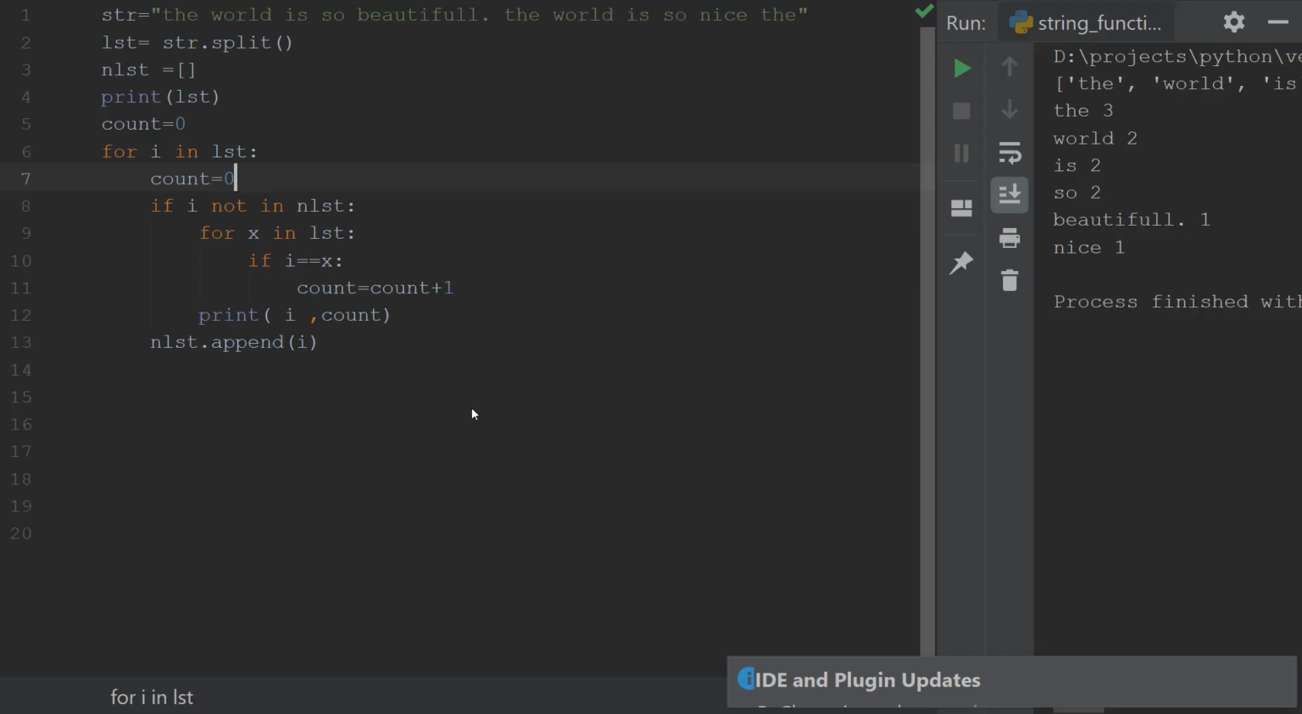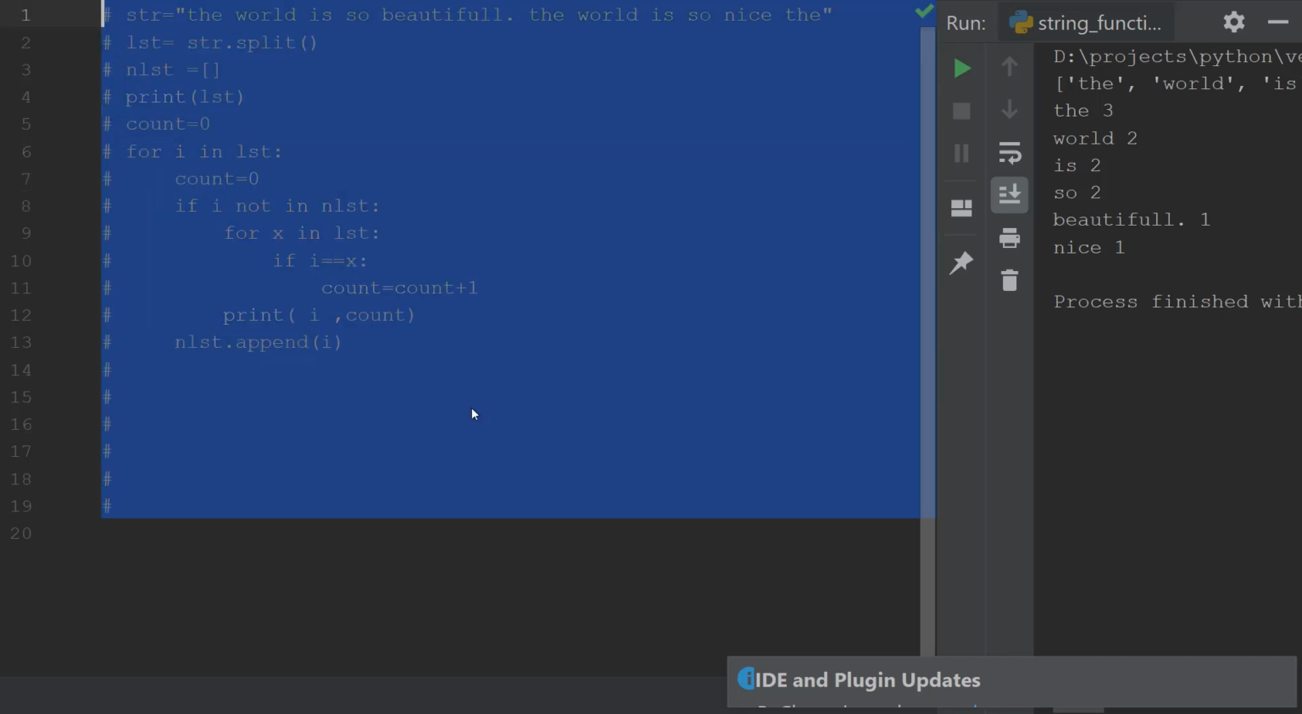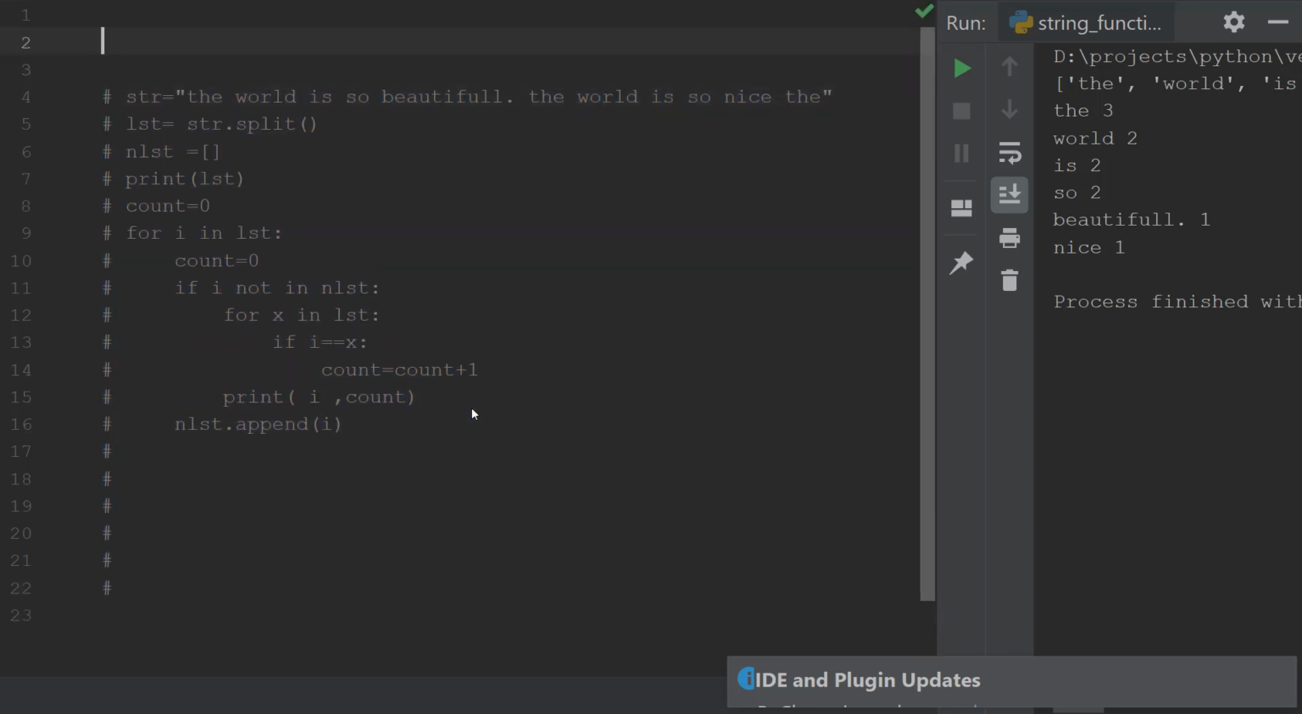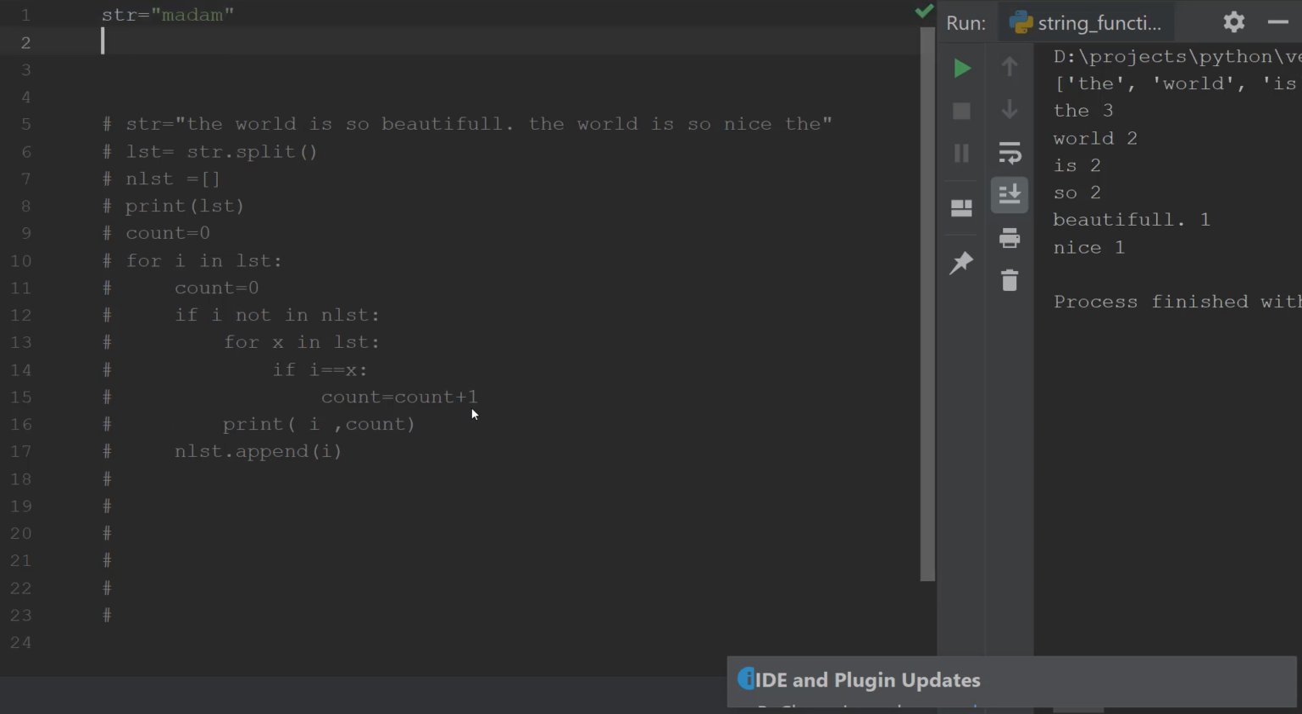So let's get back to our PyCharm. Get rid of all these. Let's write a piece of code. Let's say we have str is equal to madam only. Okay, now